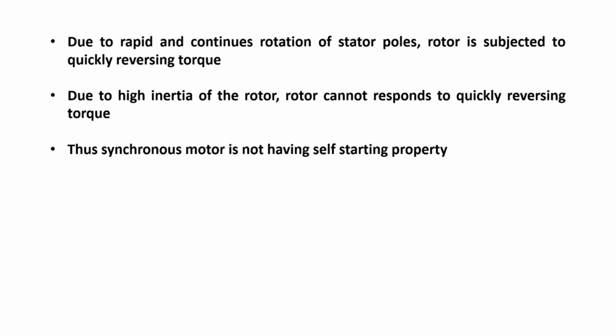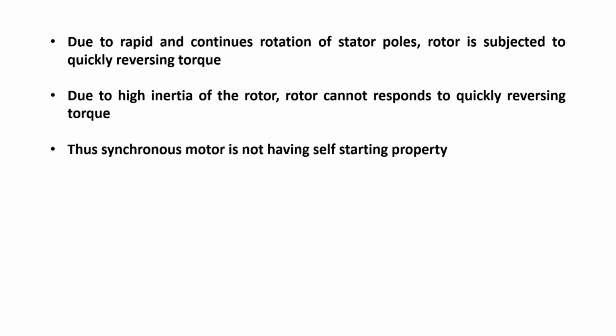Now let's consider the rotor is stationary, but it is driven in clockwise direction, that is, the same direction as that of the rotating magnetic field, with such a speed that it turns through one pole pitch by the time the stator poles interchange their position. In this case, what happens? If we do like this, here again stator and rotor poles attract each other.